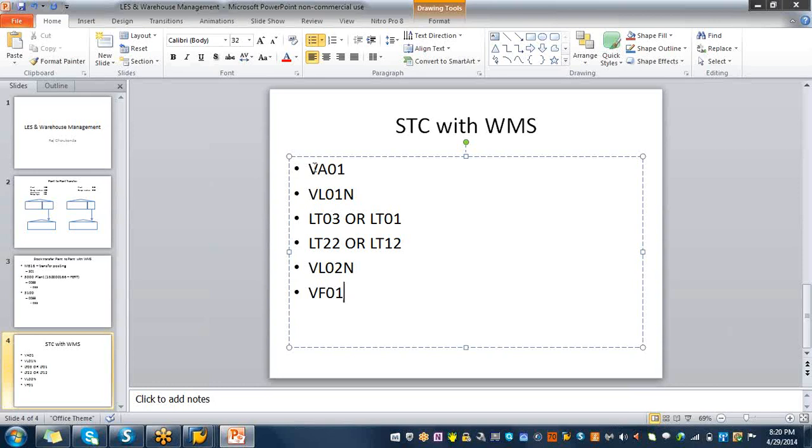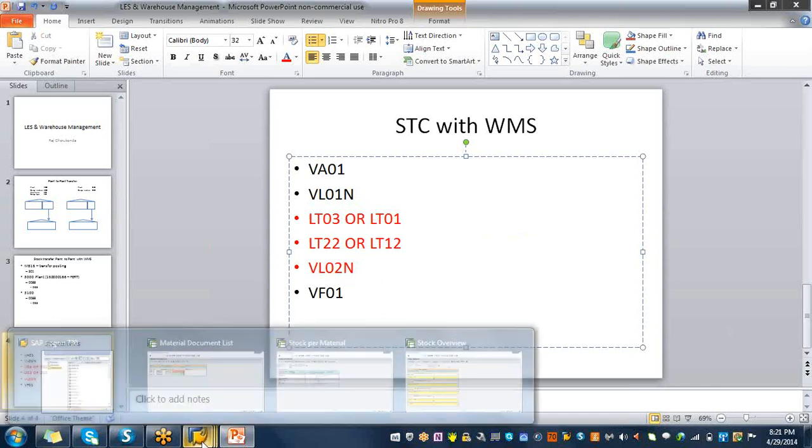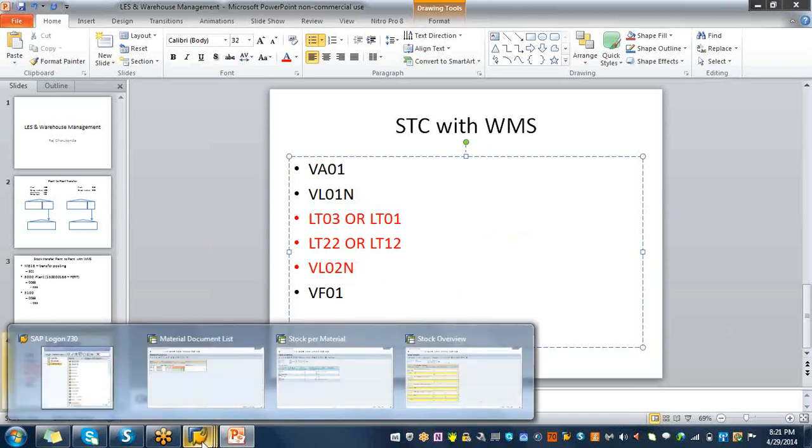Our emphasis and the focus is more on these two, because we would like to do the warehouse management related stuff now. So having said that, let's go to this screen